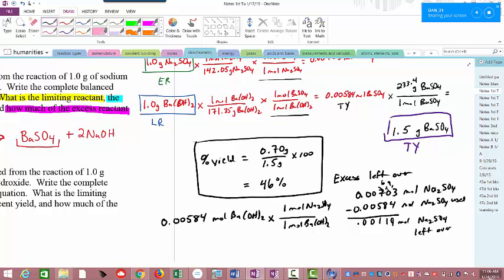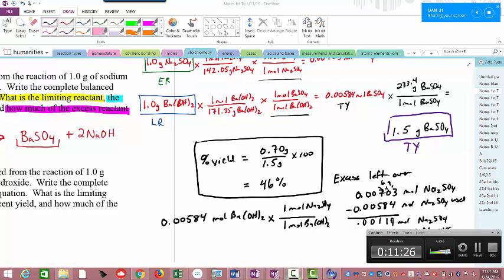And you had more than enough of the other. And since barium hydroxide and sodium sulfate are a 1-to-1 mole ratio from the balanced equation, you have 0.00584 moles of the barium hydroxide and 0.00703 of the sodium one. So that's not a 1-to-1 ratio. Okay, so let me get you